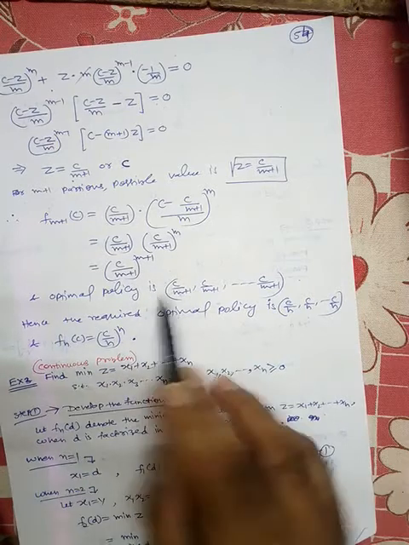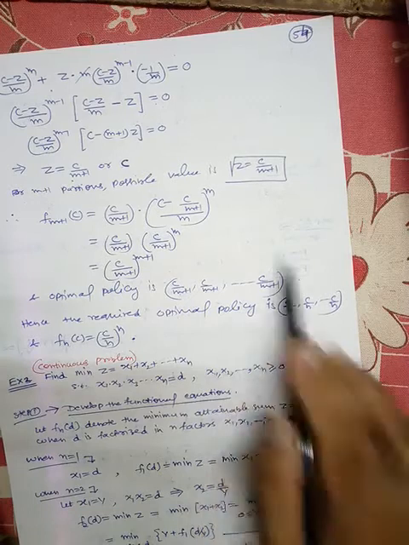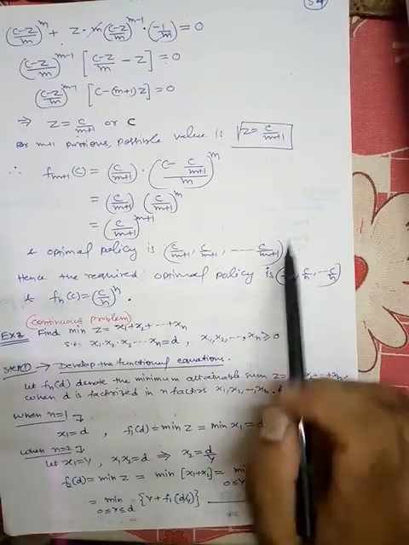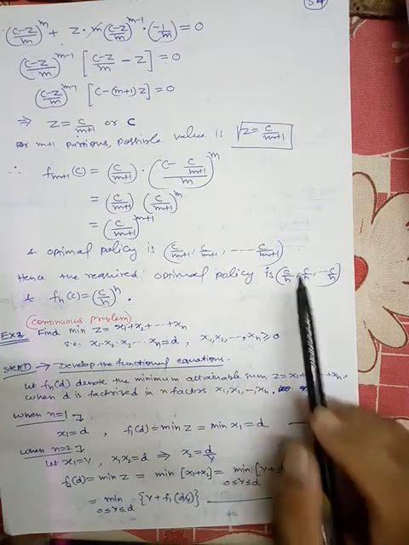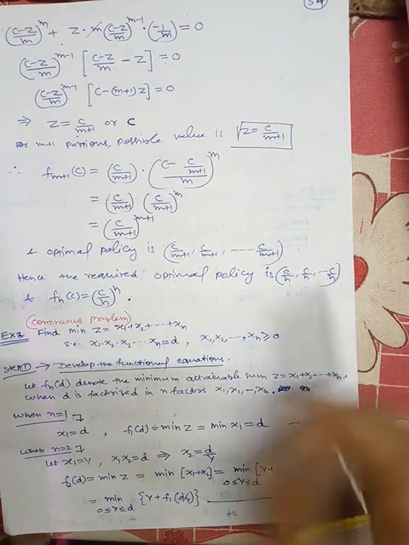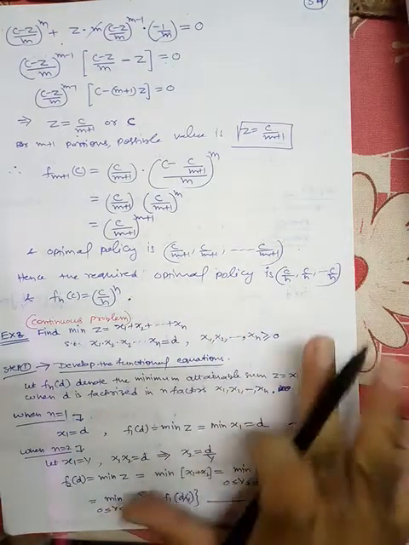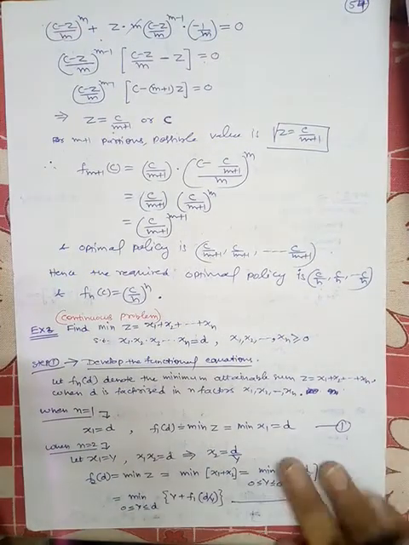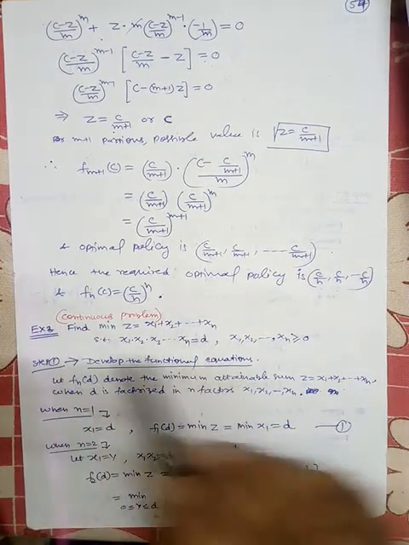So the optimum policy is c upon m+1, c upon m+1, c upon m+1, equally distributed, and hence the product is this. So that's why the required optimum policy for n number of partitions should be c by n, c by n, c by n, and f_n(c) will be (c by n) raised to the power n. So this should be the optimum policy. Fine. Now in the next example again we are having continuous case, but here we have interchanged the